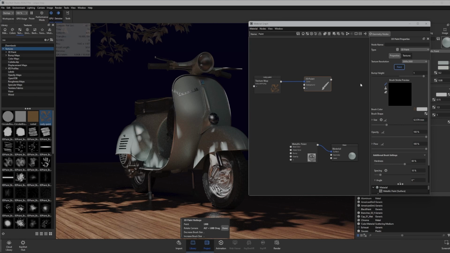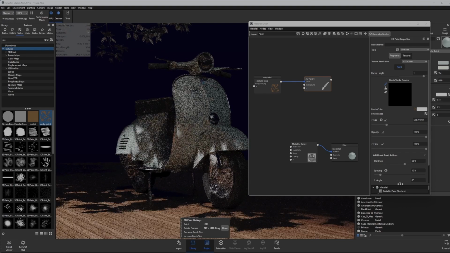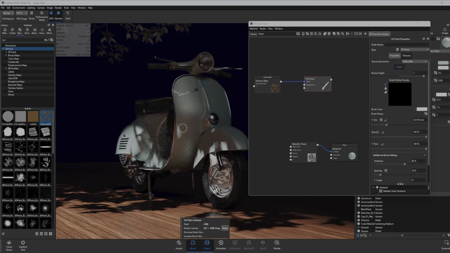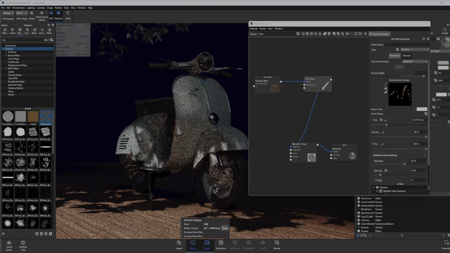So I'm going to hit paint, and now this will activate a brush in my main view. Whenever I drag, that will paint, but it's not visible now because I forgot to connect this to the base color. So I'm just going to put it here, and now we can see that this is painting